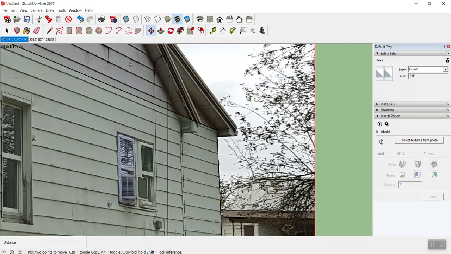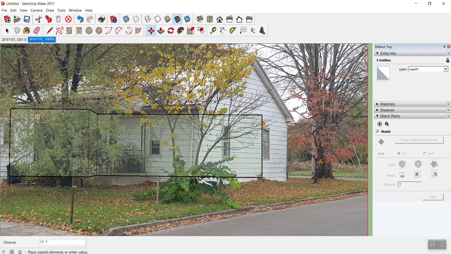Use the move tool, control, move it from that point on the edge over to there. And I know that I have another window this size in the bathroom. So again, I'm going to control, copy it from that point, and now I'm going to go back to the